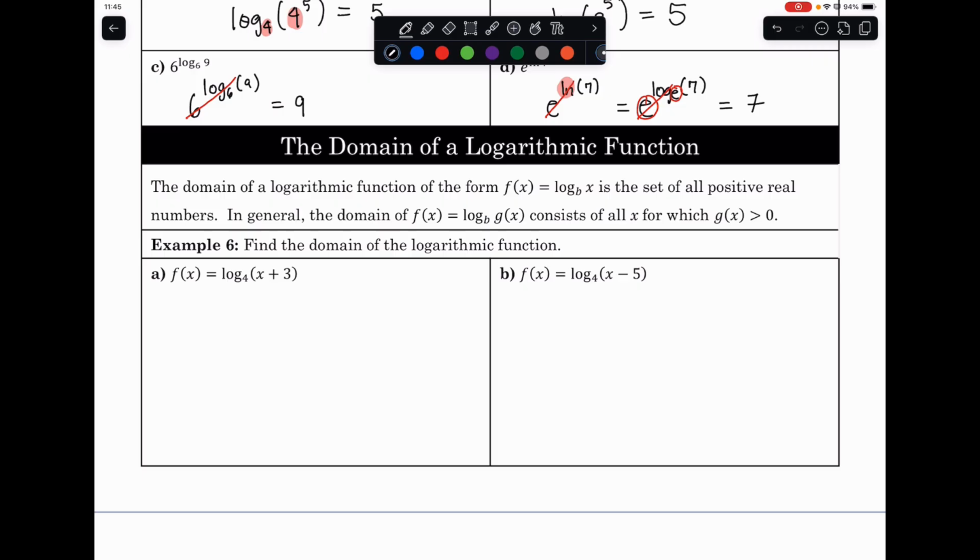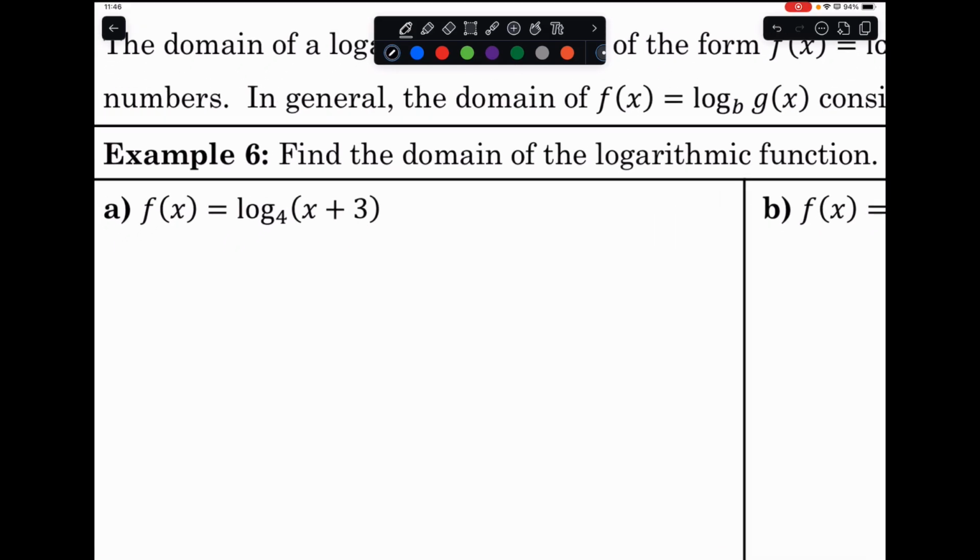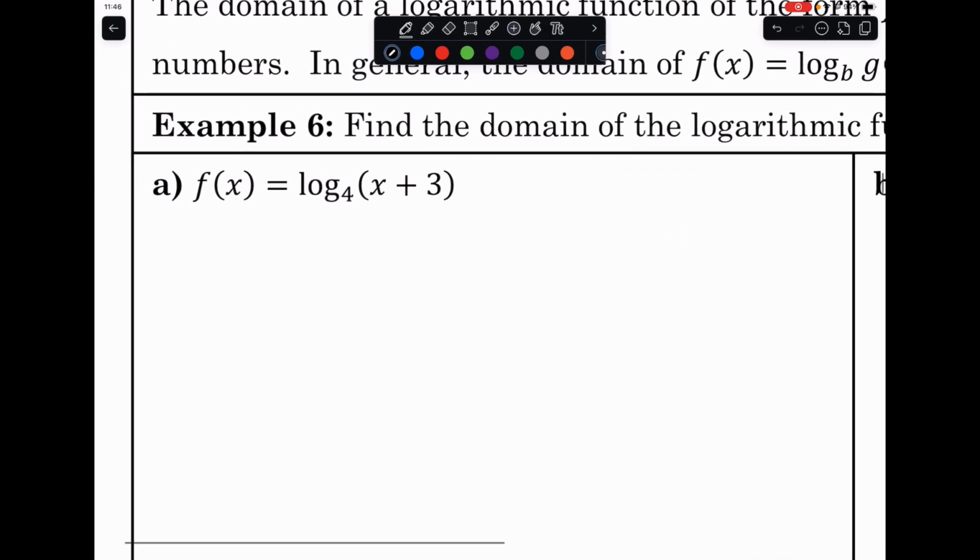So if I want to find the domain of a function, regardless of what the base is, all I need to do is get the transformation that we're doing horizontally, which in this case is just x plus 3. That's shifting the graph 3 units not in the positive direction, but in the negative direction,